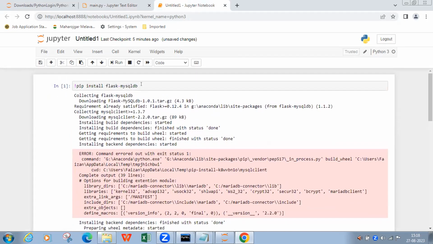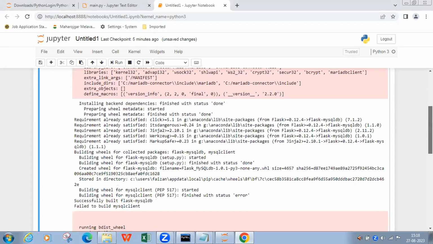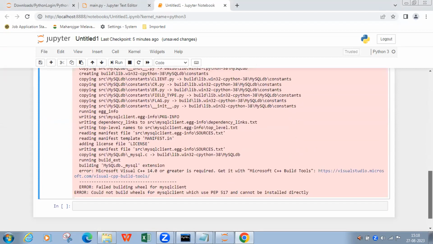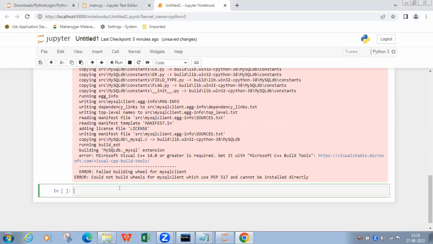Can you copy this and paste it on the chat? Okay, go back to main. Okay, it is failing. You need Microsoft C++. Okay, this again is one of the